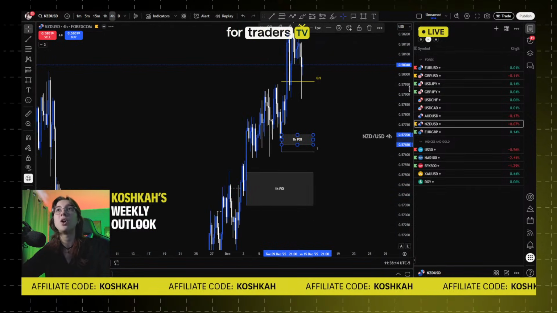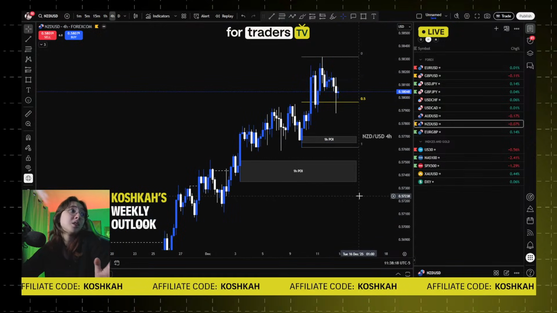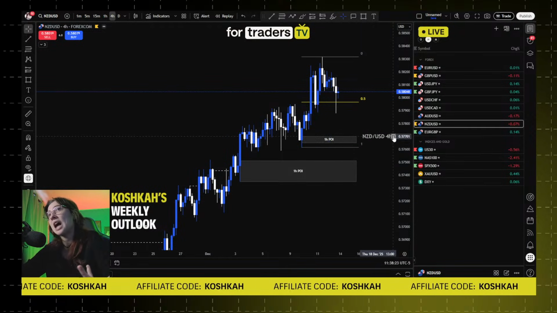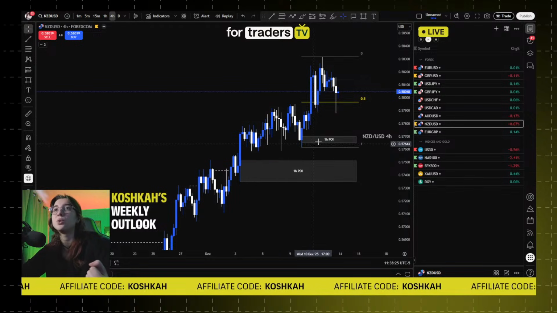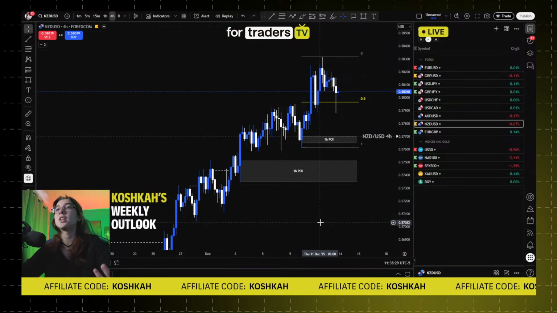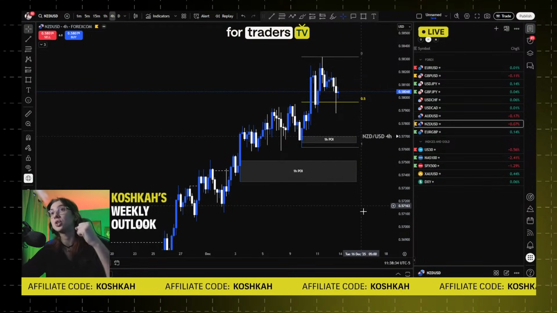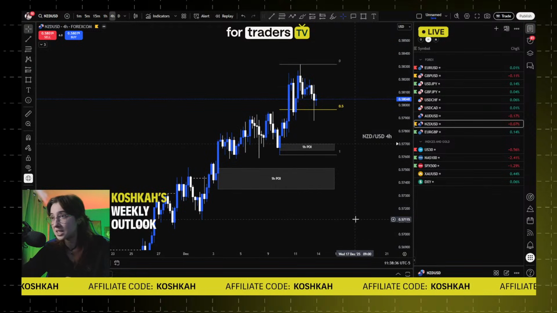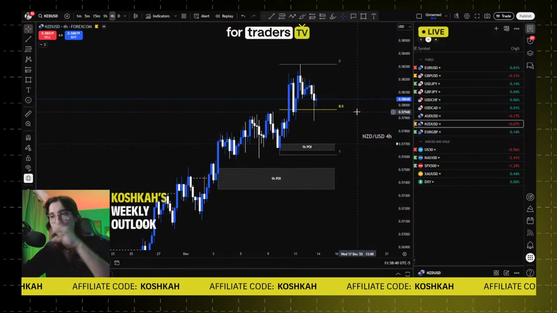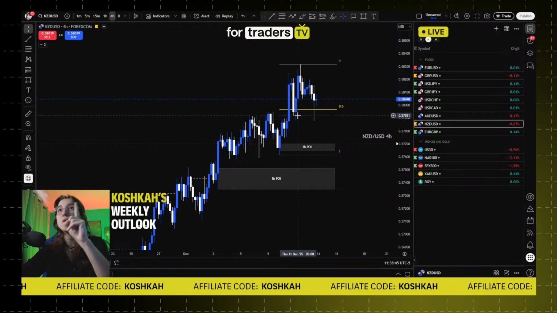What do we have on NZD USD? Honestly, that doesn't look bad, that doesn't look good. It's fine. It's really aggressive, but it's actually fine because we do have some liquidity. The market structure is aggressive, so it's not like we've been too aggressive. We just follow the aggressivity of the market structure. If the market structure is aggressive, you actually need to follow the market structure, because if you don't follow the market structure, you will never catch any trades.